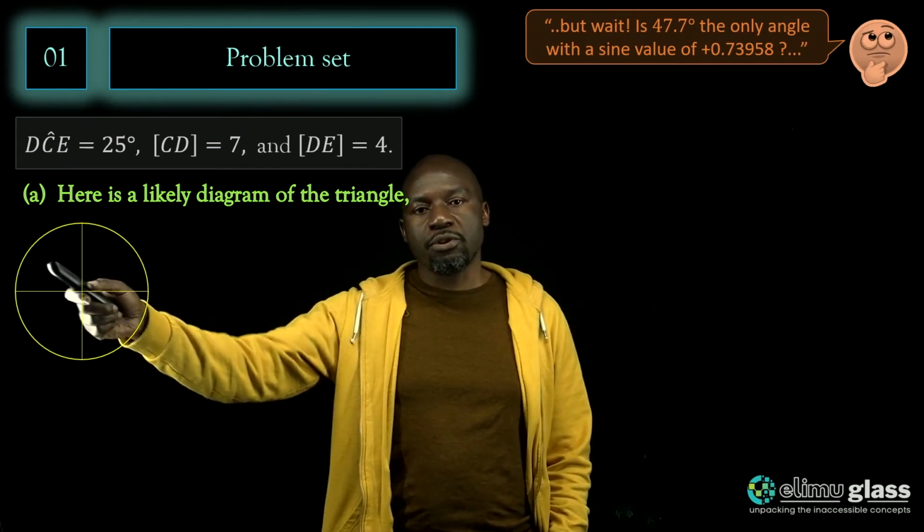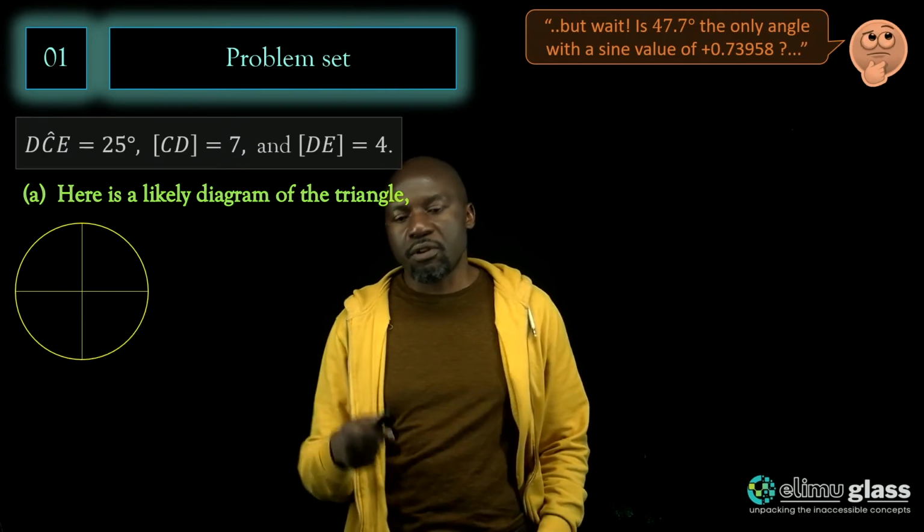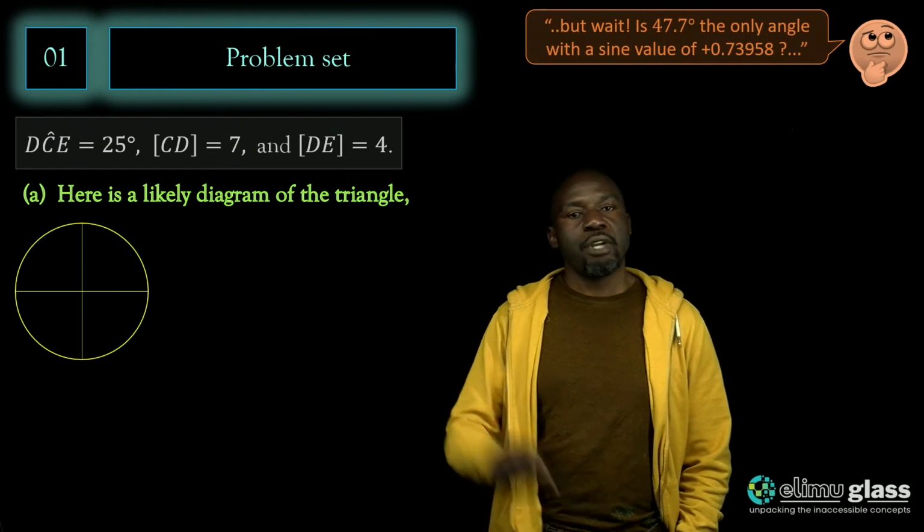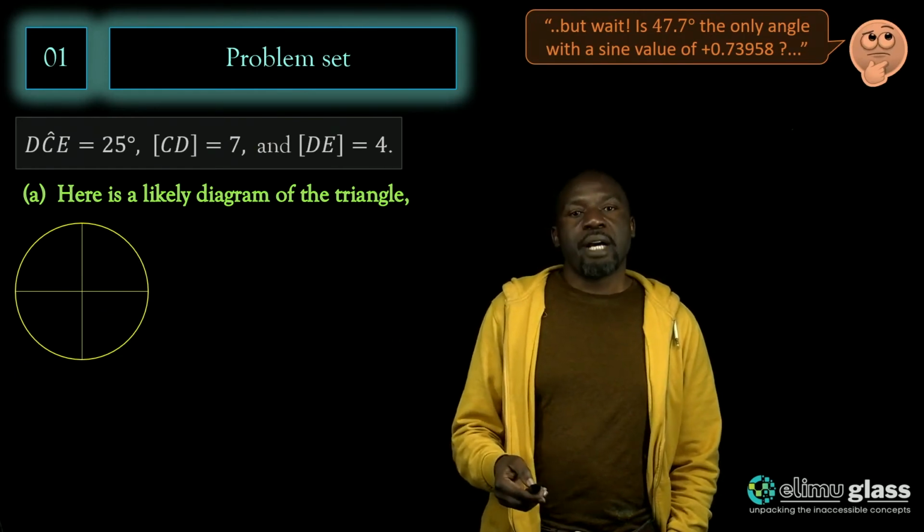Here only sine is positive. Here, in the third quadrant, only the tangent is positive. And in the fourth quadrant, only the cosine is positive. We are not spending time on that. But our